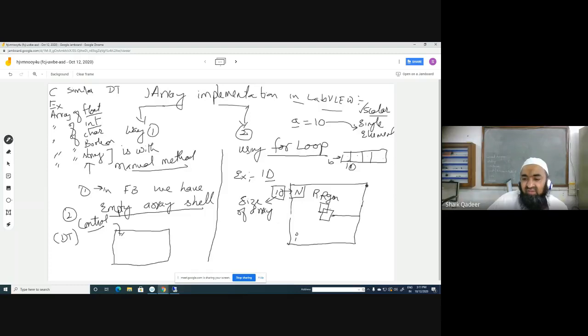This single value, if we connect it to the boundary of the for loop, and take the output from this and connect it to the display, then this display will become a one dimensional array. I will explain it well, don't worry.